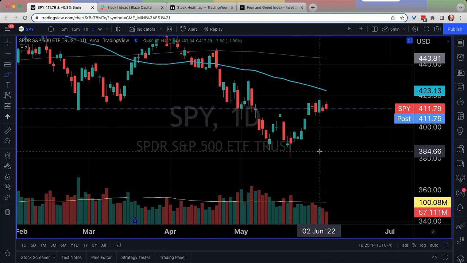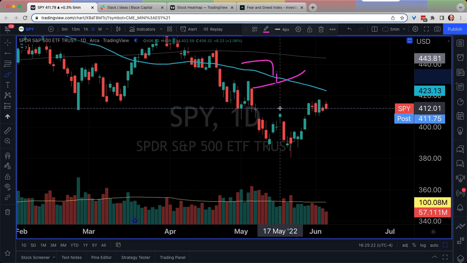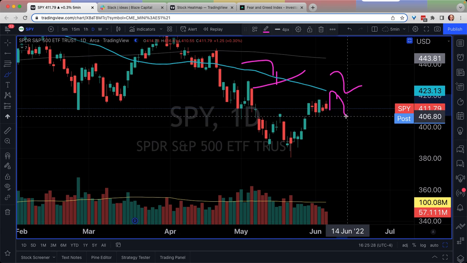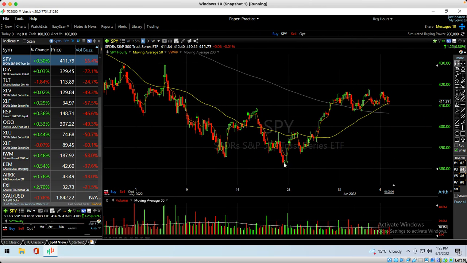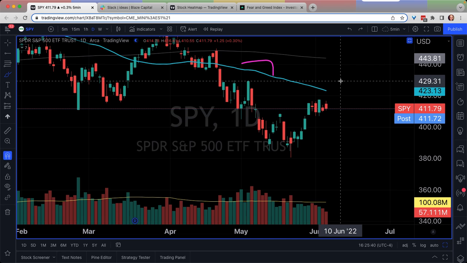Wouldn't that kind of align with what we're looking for later in the week? It kind of would. So maybe that's our first test here, right? Maybe that's test number 1, right here. I can't draw, I'm sorry. Right here could be number 2, where if we're able to push up to roughly 420s, that could be our second test. Then we come back down and build up pressure to finally release it. That would also look roughly like this. Come up, lose it, build pressure, and then release into when? Post-OPEX. That's what I could see happening if we're in a bullish pattern.